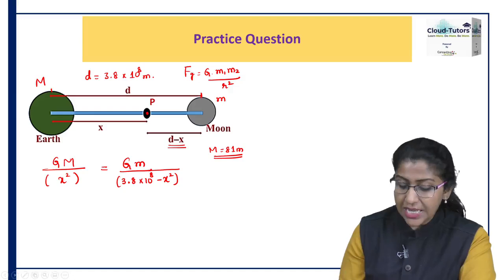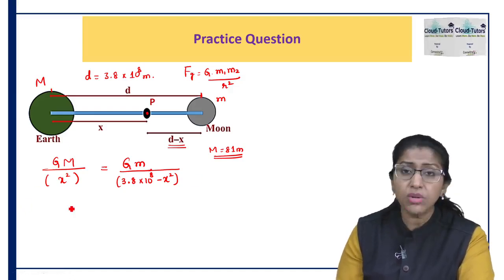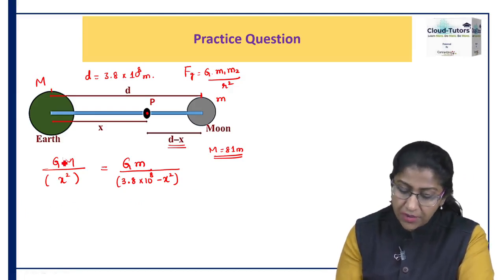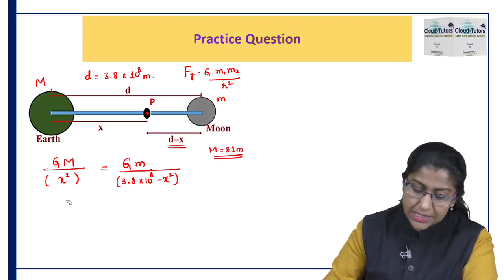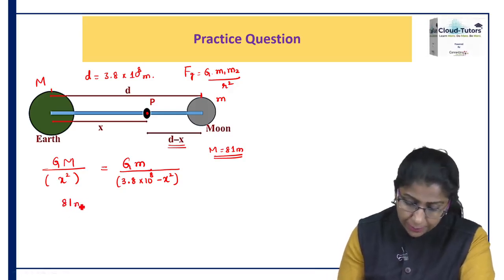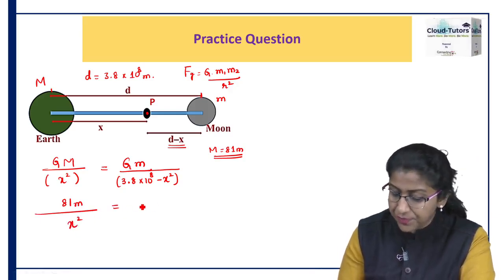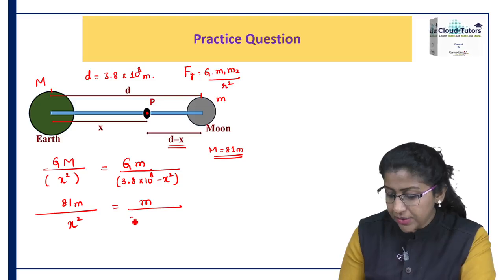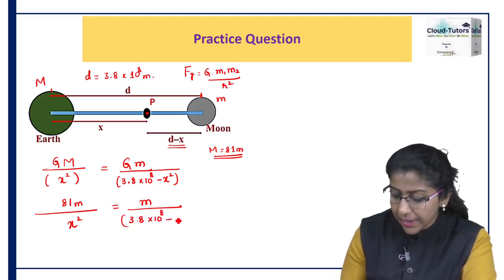Now can we convert this into a single term? Of course we can. So G and G get cancelled. There is no need to write this down. So 81 m divided by x square is equal to m divided by 3.8 into 10 raised to 8 minus